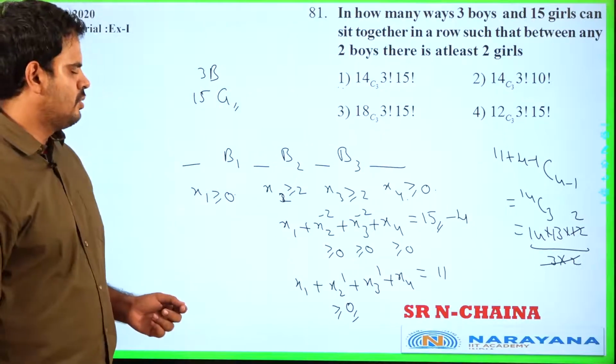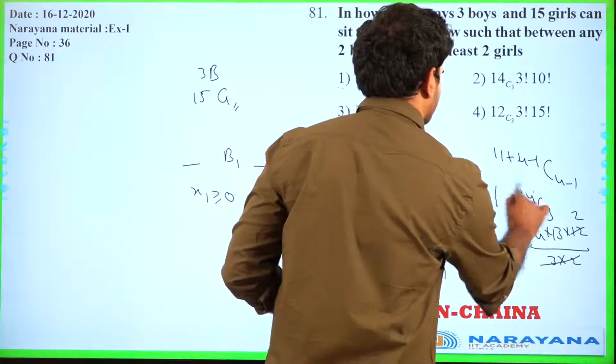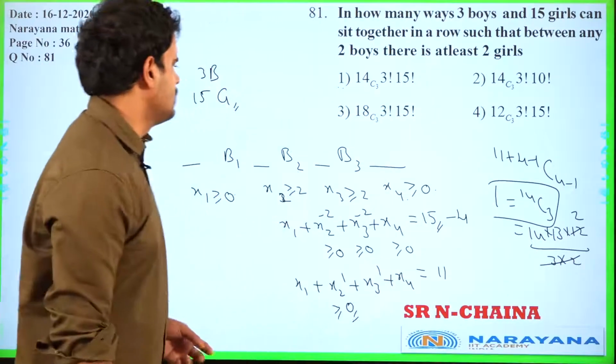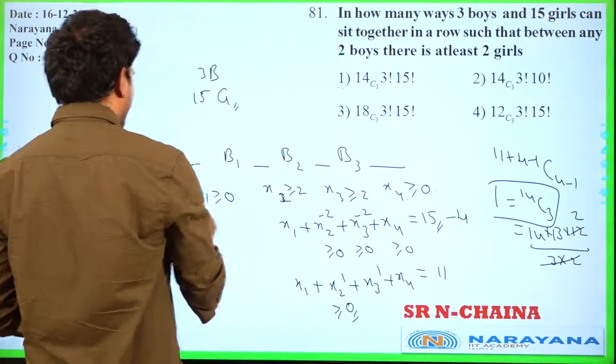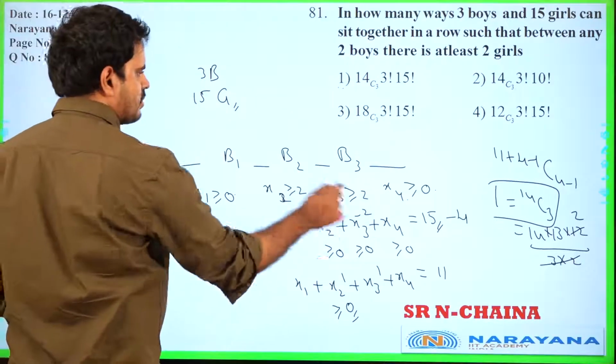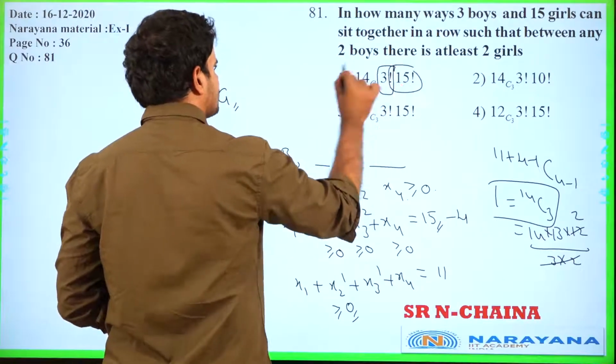I can say how much people? 28 into, neither he gave what? 14C, that's enough because everything he gave in terms of this. Now, what are the ways, people? I can arrange these things, what becomes 14C3. Even I can arrange boys, even I can arrange girls. So this is my answer.